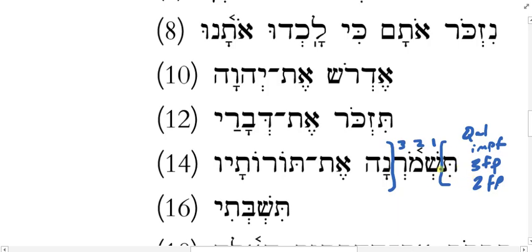So what is going to be our most frequent way to translate the imperfect? We're translating it as future. So if it's 3FP, they will shamar, means they will keep or guard. If it's 2FP, it's y'all will keep or guard. Now, we don't really know how to translate the shamar part until we know what we're shamaring, because what we shamar can dictate what the sense of shamar is here. The object here is marked by the et, right? There's my direct object marker, my sign of the accusative, and then I have torotav.